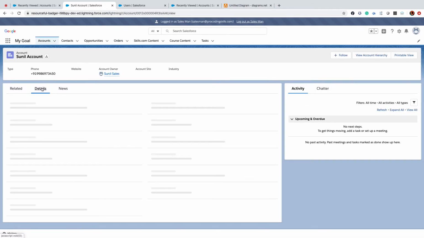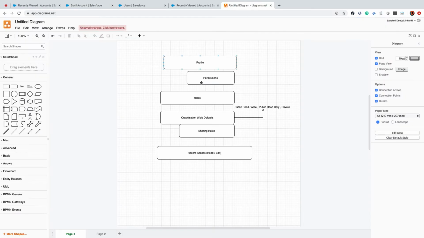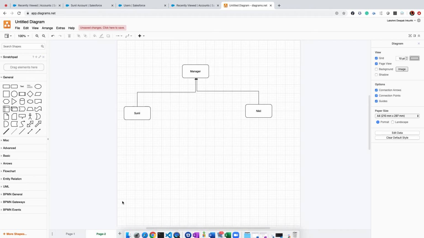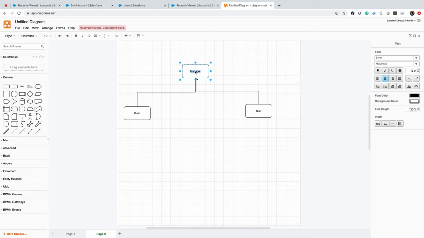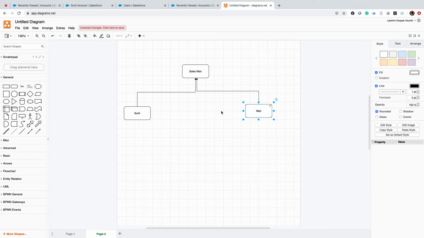See, I am able to see the information, right? Why am I able to see the information? Because my role is lying here, Salesman. Whatever Sunil and Nikhil have, all this access will be transferred to the salesperson.